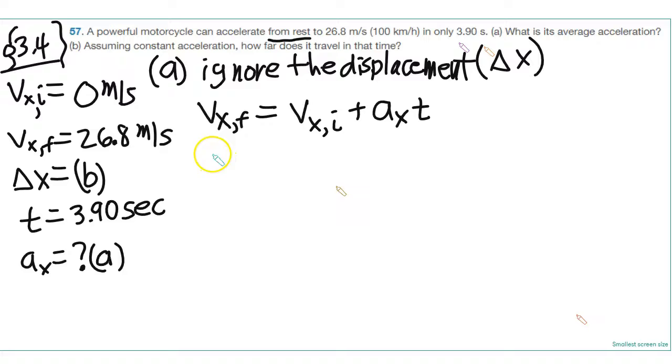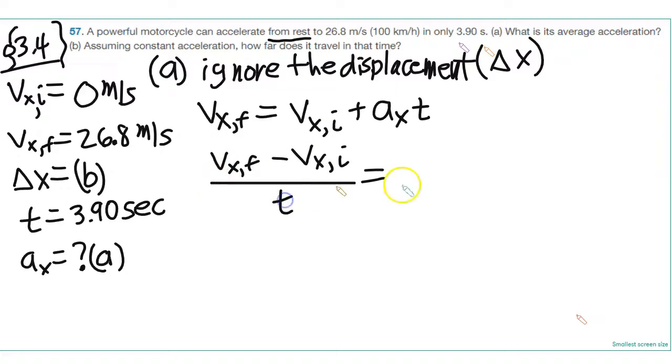So we have to subtract Vx initial to the other side, and then I think we need to divide by time, and that should look familiar from earlier, because this is the equation for the definition of acceleration. And I think we can just put all the numbers in because we have all the values. So we can do